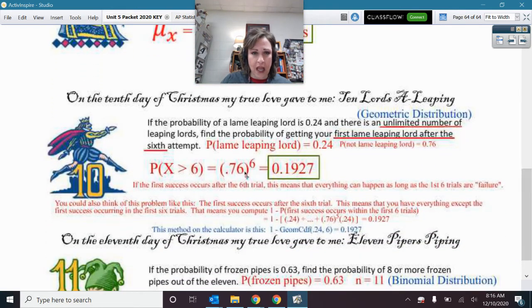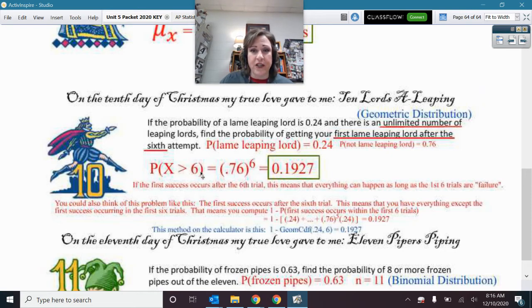Okay. We got lame leaping lords. 24% of them are lame. So now there's an unlimited number, meaning we don't say just out of 6, okay? So we are going until forever. There's infinitely many of these things. Geometric, not a set number n. So since we do not have a set number n, we want the probability that x is greater than